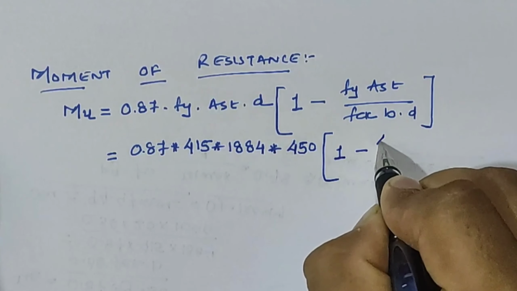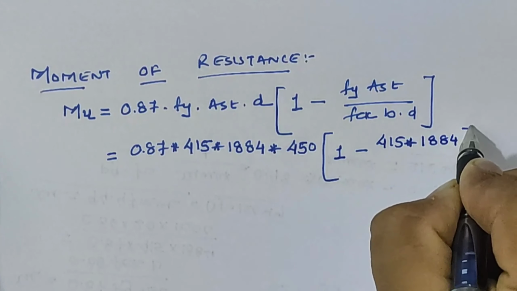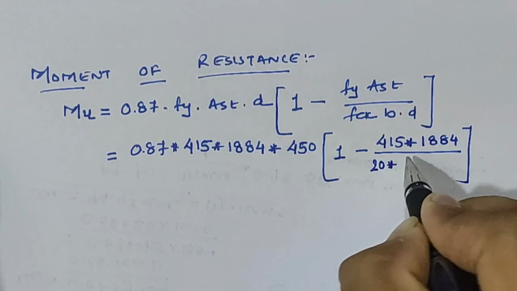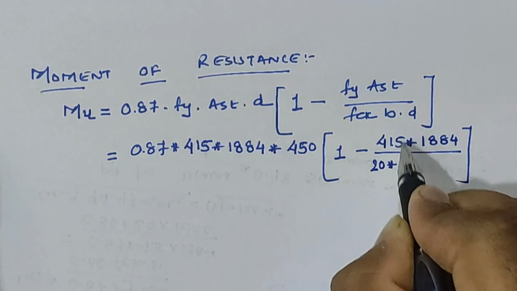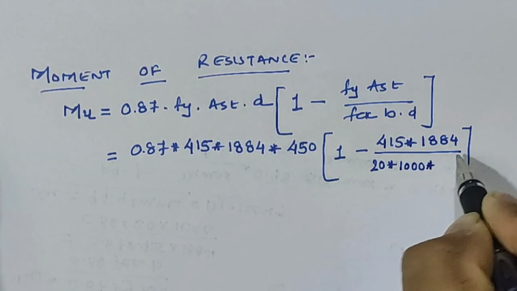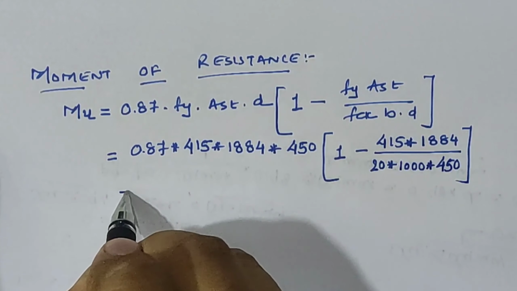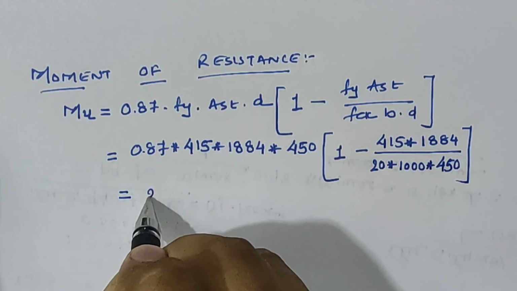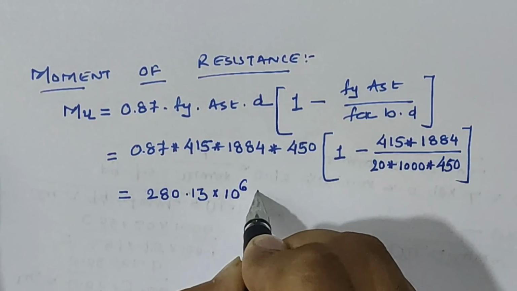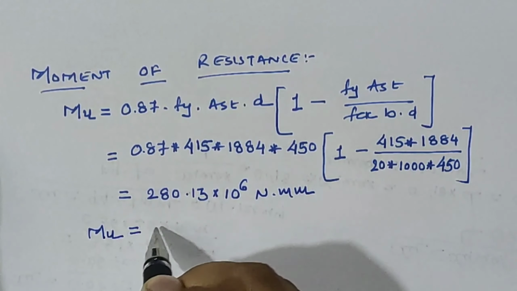0.87 is constant, Fy is 415, AST is 1884, divided by FCK, which is given as 20 Newton per mm square as M20 grade of concrete. Small b is 1000, the width of flange, and small d is effective depth as 450. So our value is 280.13 into 10 raised to 6 Newton mm. So in terms of kilonewton meter, it is